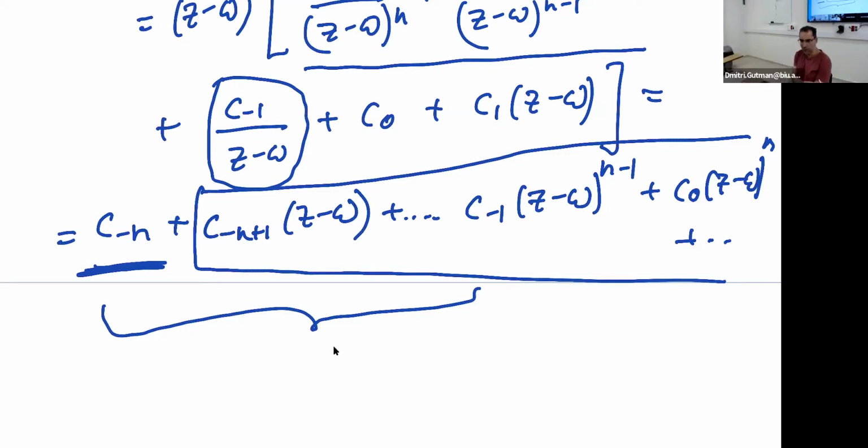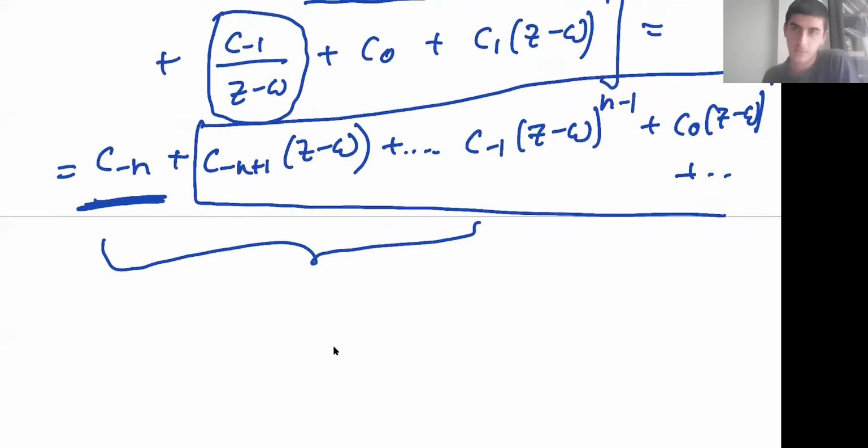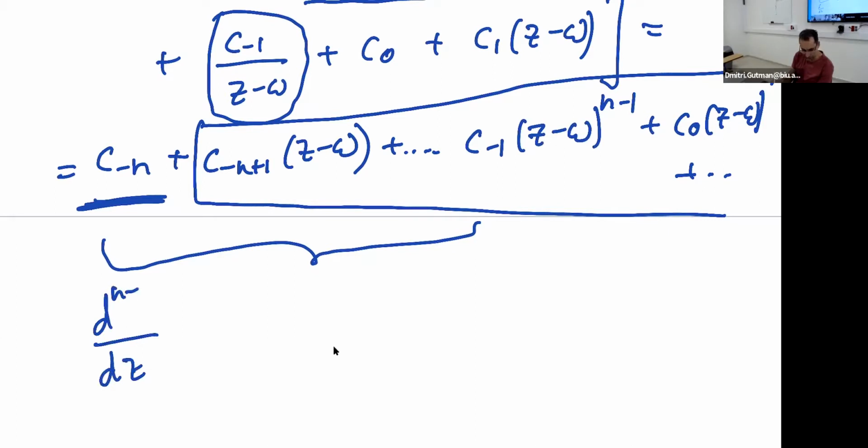So what should we do? What are mathematical steps we can take to extract c minus 1 from this expansion? Take the derivative, maybe, to the power. How many times? N minus 1. So let's see what happens if we now take a derivative n minus 1 times of the